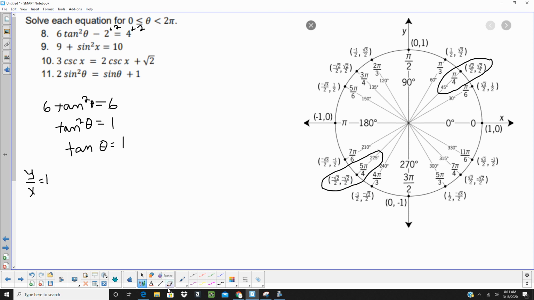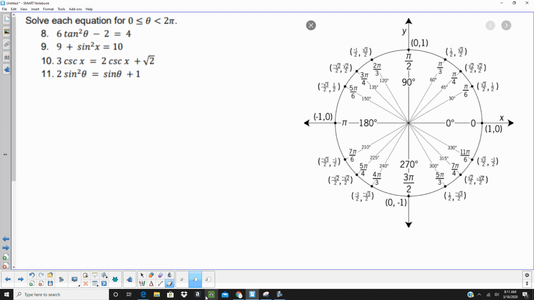Let's go ahead and do problem number 9. So on number 9, I'm going to go ahead and start by subtracting 9 from both sides. And that's going to give me sine squared x